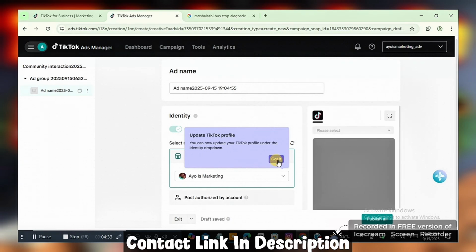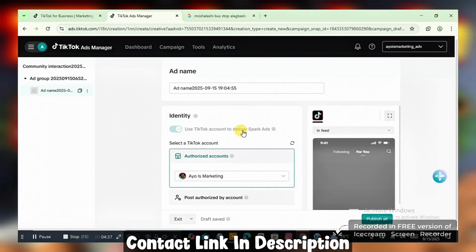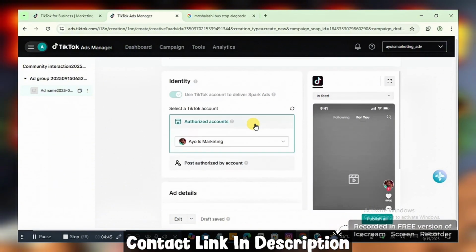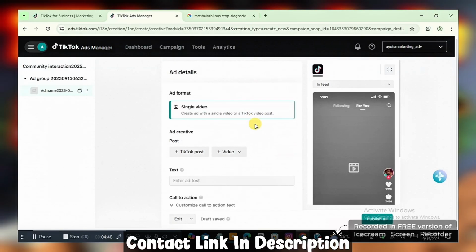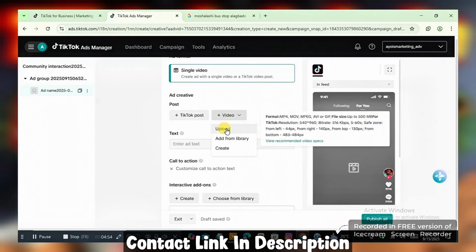So I'm going to click on got it, and you can see this identity, a TikTok account is here. They are trying to tell me if I want to use this TikTok account connected to that email, right? And I'm going to leave that like that. Then the next thing I'm going to do is I could choose a TikTok post. You're going to click on TikTok post, or you can decide to click on video and upload from your computer, right? You upload the video, select a video, and the video preview